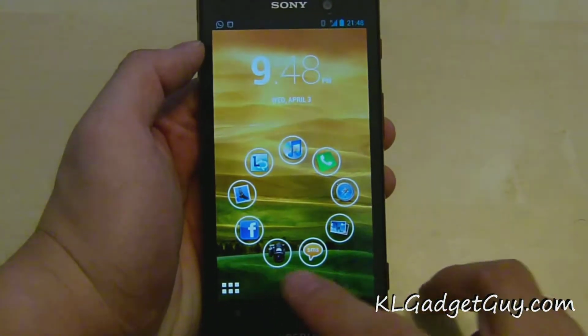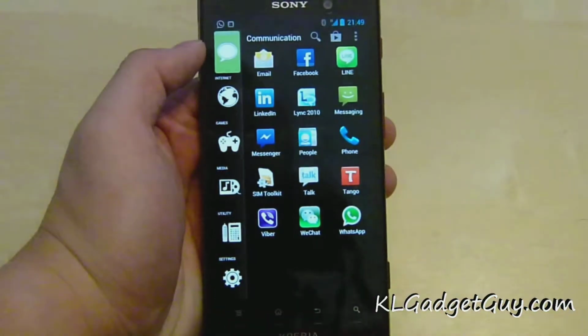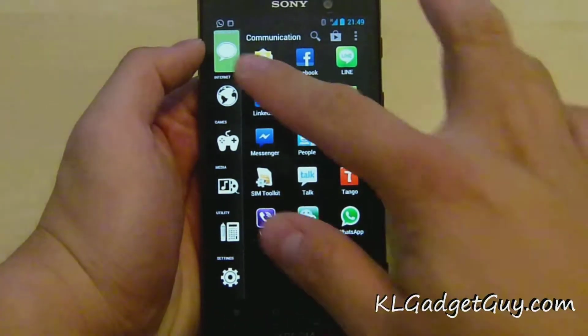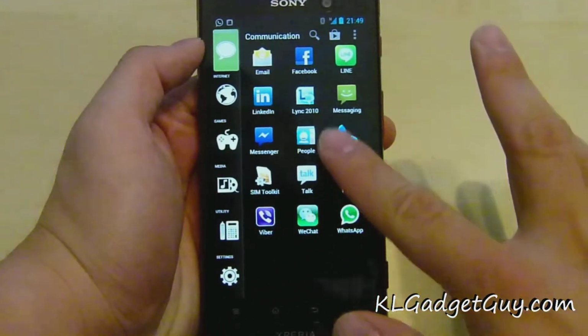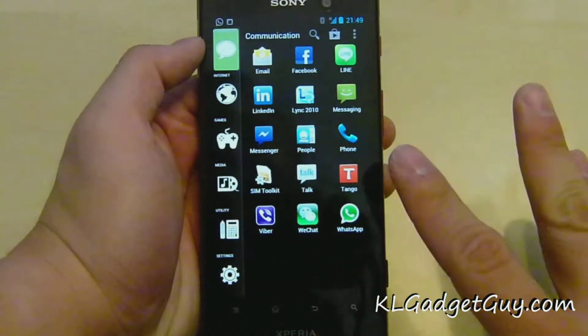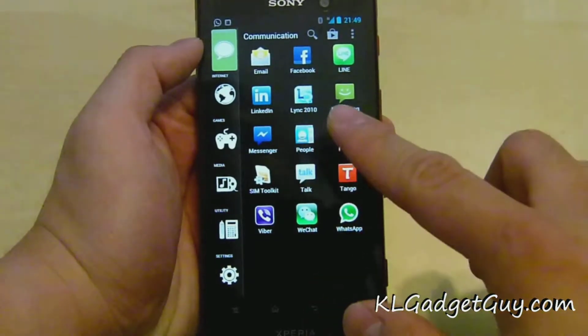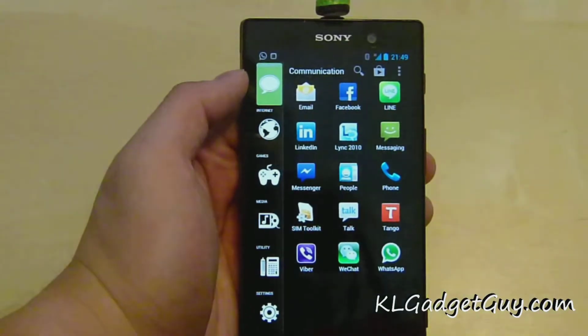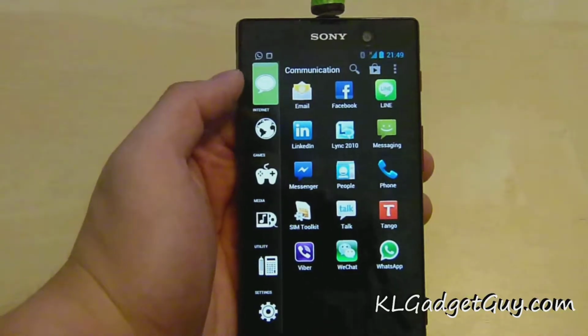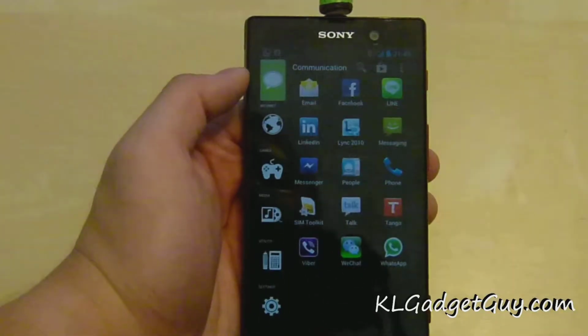To go to the app drawer, you press on this button. Note that it is very HTC Sense-like. Well, it is not HTC Sense. This is Smart Launcher. I only installed the theme of HTC Sense into the launcher so that it looks like one. Well, one thing I like about the app drawer is that it categorizes applications very well, and